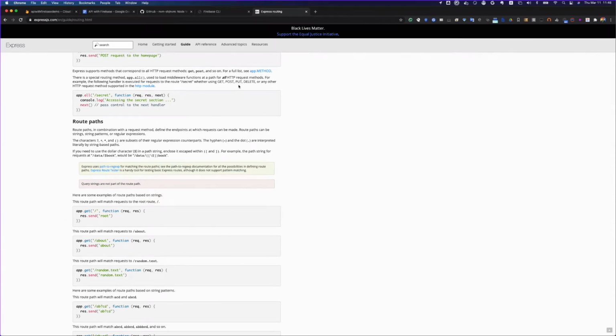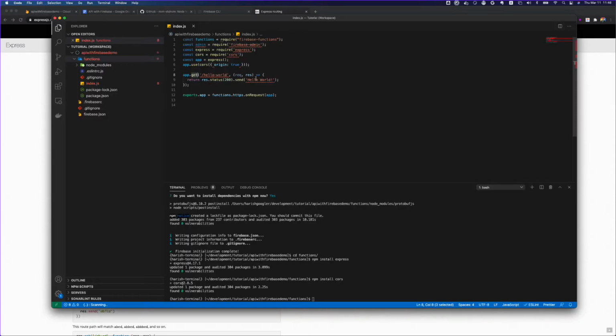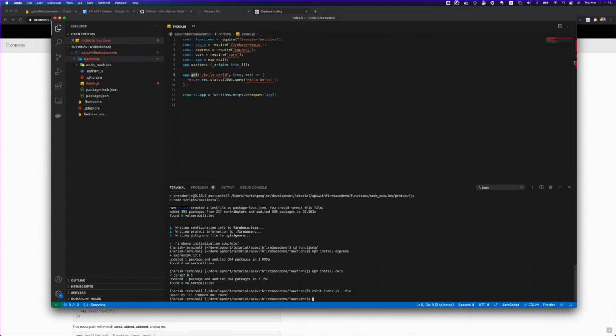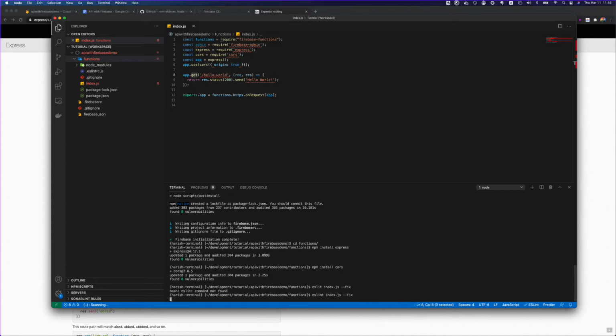Okay, so now you can see there are a bunch of errors coming up. That is my ESLint. You want to clean up those errors very quickly rather than doing it manually. I'll give you a command: eslint, then the file name index.js, and use --fix. Oh, sorry, eslint index.js --fix.